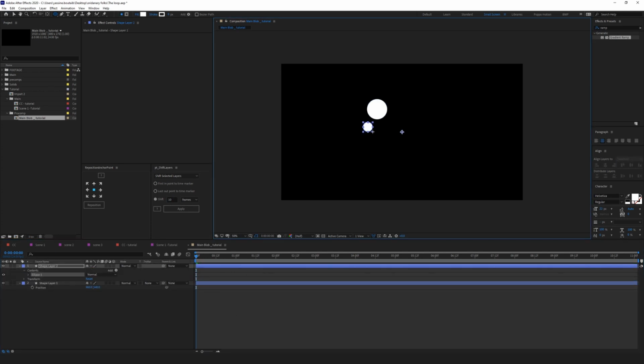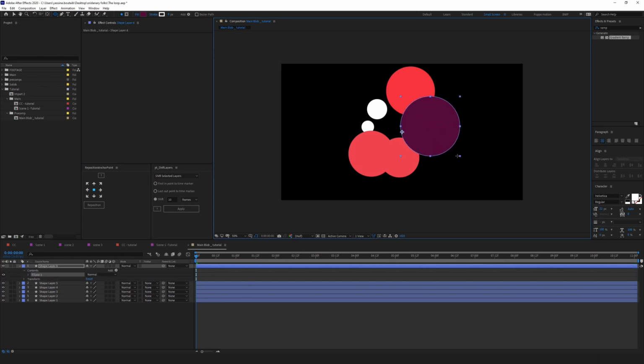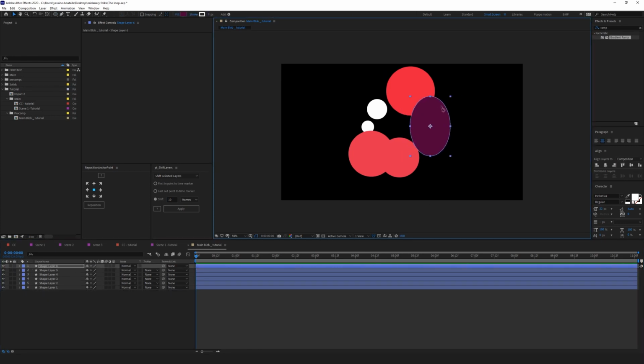And I'm going to create another circle. So basically, I'll create a bunch of circles in this composition. Okay, and then I'm going to create my last shape, which is going to be something like this. Alright, and this one doesn't really have to be perfect. I could just go and start to distort it like this.